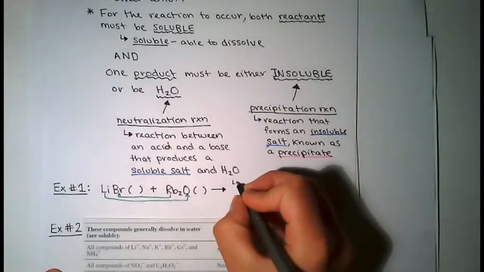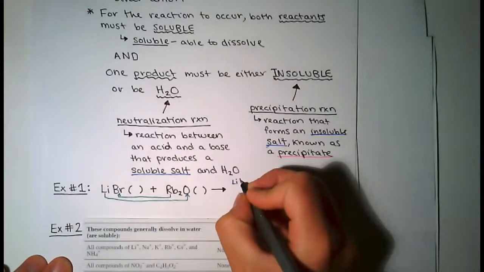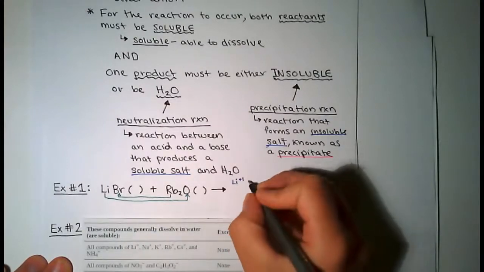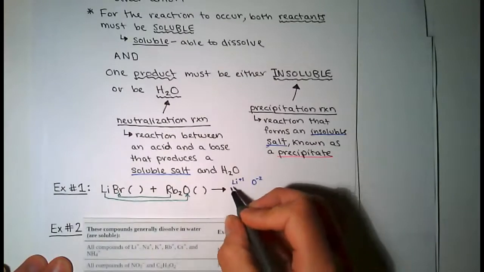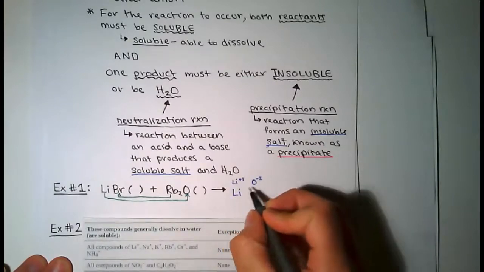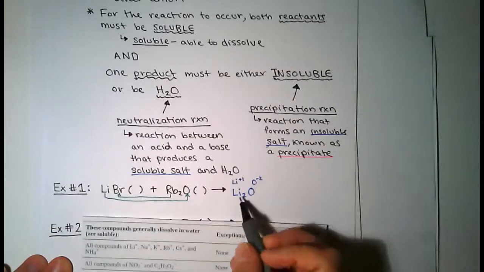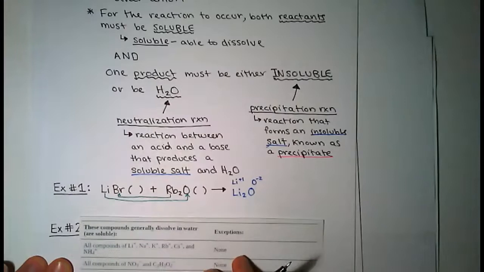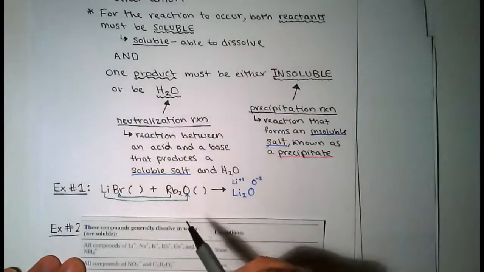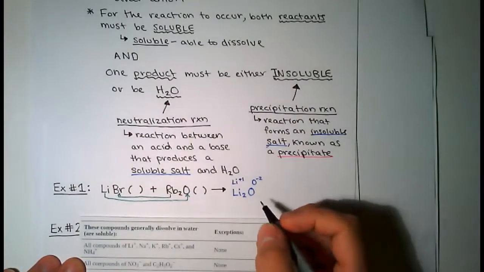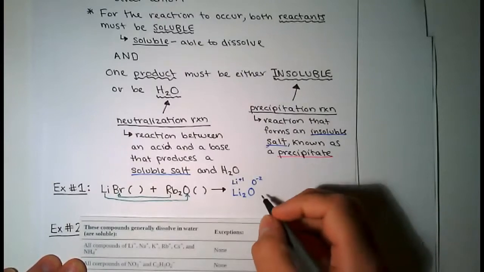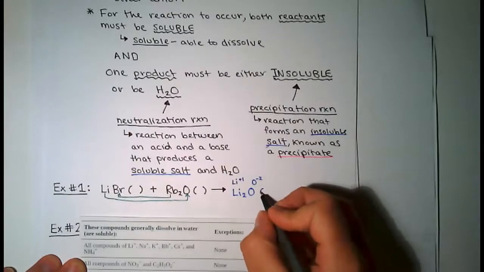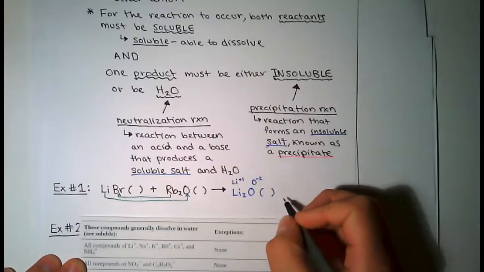So lithium has a +1 charge because it's in group 1, and oxygen has a -2 charge. So when I do my crisscross, I'm going to get Li with this 2 coming down, and then just 1 oxygen. So notice I now have a difference in my number of lithiums on either side of my equation, which I will need to correct by balancing my chemical equation. But we'll first finish writing the products, and then I'm going to put parentheses to put my state symbol in,